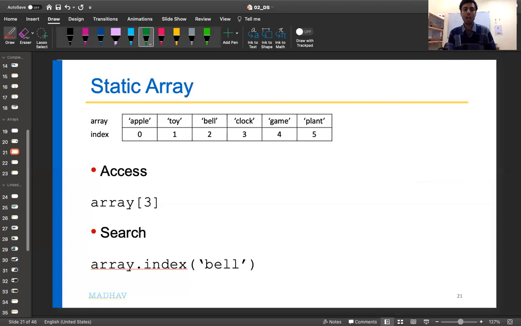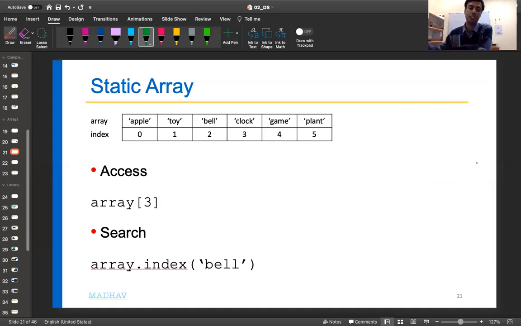Then search. I want to search whether my entry bell is there anywhere in this array, or get where exactly the entry bell is. So this index will return the location, or the index, of that particular entry, if it exists.